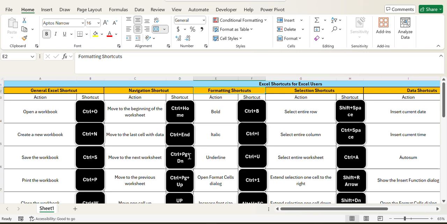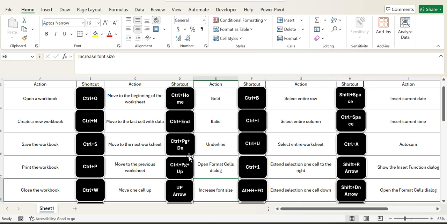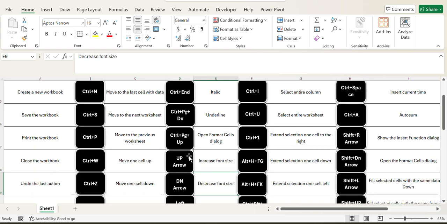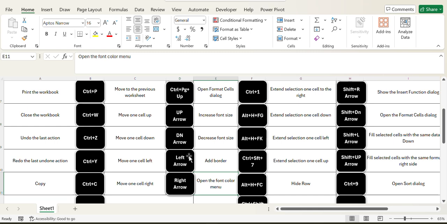Formatting shortcut keys: bold, Control B; italic, Control I; underline, Control U; open format cell dialog, Control plus 1; increase font size, Alt plus H plus FG; decrease font size, Alt plus H plus FK; add border, select the range and press Control